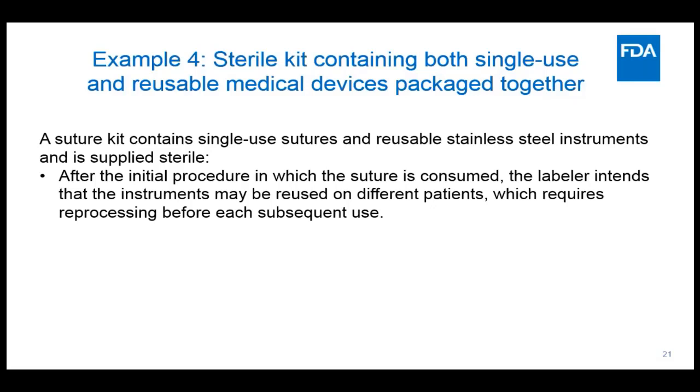The problem with considering each one to be a convenience kit is that what we don't want is for you to assign a new DI for every configuration, because then you'll be submitting to GUDID a lot of records, and that's not going to be useful to anybody. Don't do that, please. We would prefer you either consider that to be a unique order each time,